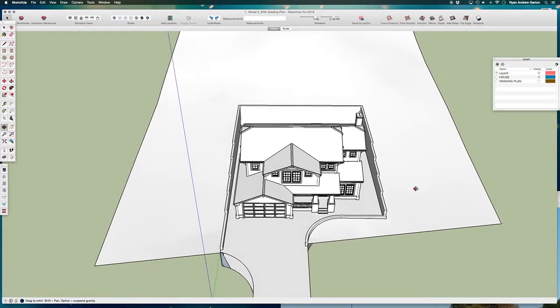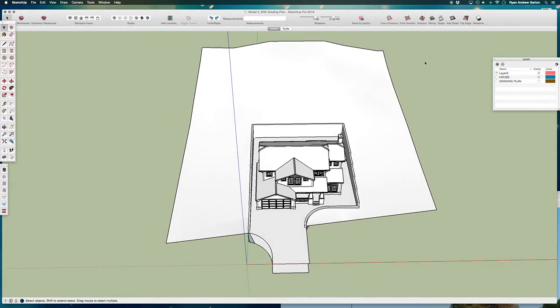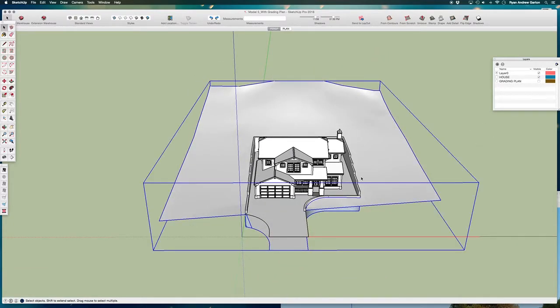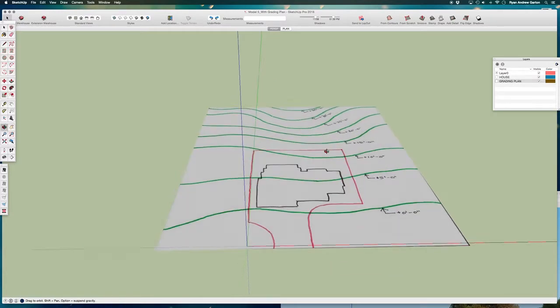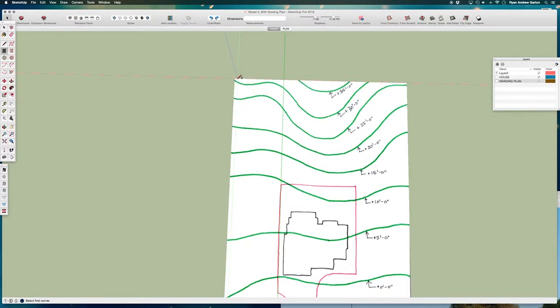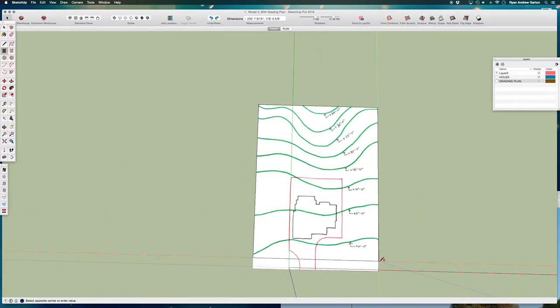Our final action for the sandbox tool for this model is going to be to use some organic shapes that we draw in plan to create, and use the drape tool to create changes in ground cover on this hill. So I'm going to turn the grading plan back on, and I'm going to temporarily hide the house and the hill. And now, ignoring the actual contour lines here, I'm going to make a new shape with a rectangle tool